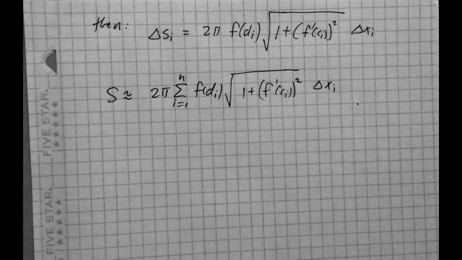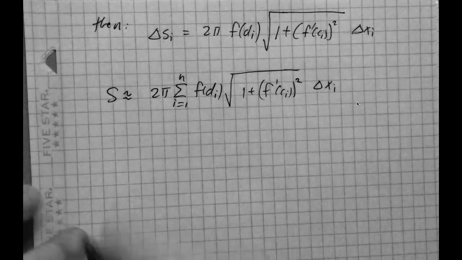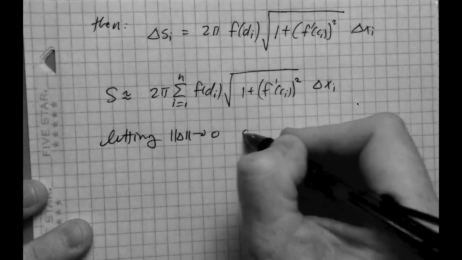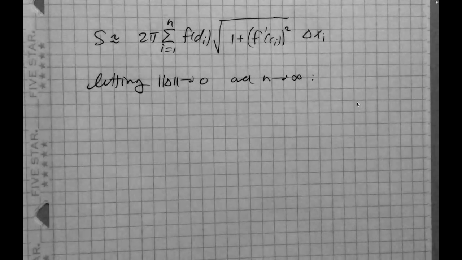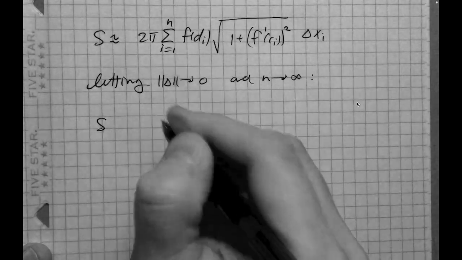This is the approximation for the surface area. Of course, this is an increasingly accurate approximation. So letting the norm of the partition go to 0 and the number of partitions go to infinity, this becomes